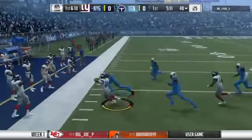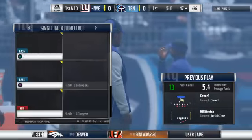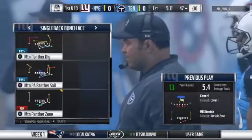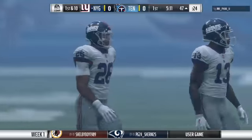Room here to run. And he is out of bounds on the other side of midfield. That one goes for 13 yards, and it moves the sticks. That O-line, they cleared a big hole there on that run. The athleticism of offensive lines continues to evolve, and we're seeing it here. Not only are they controlling things right at the line of scrimmage, but they're able to get upfield